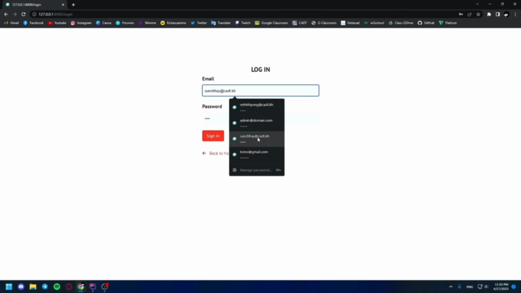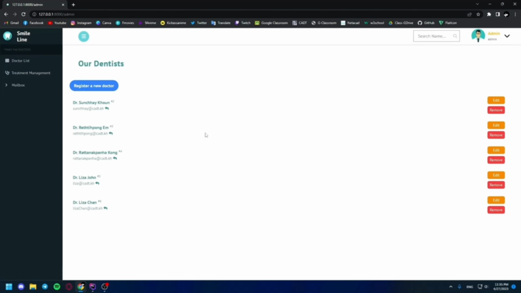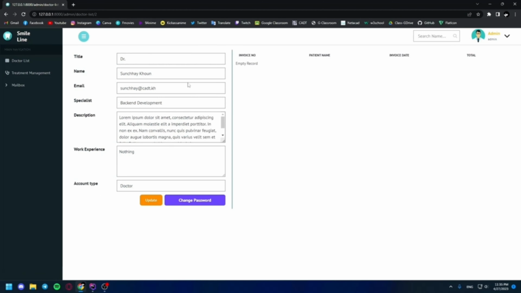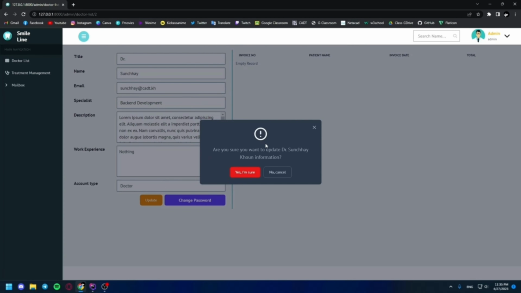First things first, I'm going to log into the admin account. Here in the admin page, I handled creating the update function for each doctor, so the admin can easily update the information of the doctor. So let's try it out. I'm going to change the name to Sunshine or something, and we can click on update. When we click update, it will pop up this small message